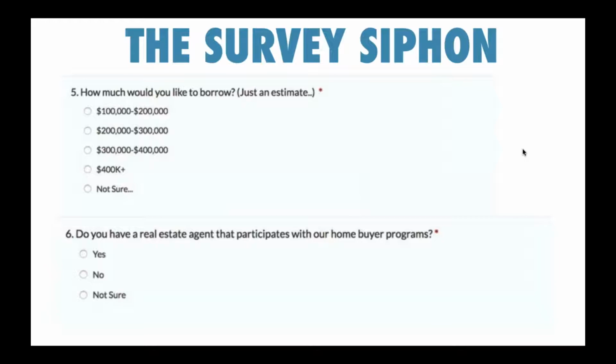We won't spend a whole lot of time on this, but when we have leads that come through our funnel that are currently working with a realtor, we'll immediately, when we get that lead on the phone, ask them who the realtor is. You'll say, okay, great, no problem. Go through the rest of the process with them, work to get the loan application going. But after we hang up, we'll then call that realtor and say, hey, Bob, just want to let you know I was on the phone today with your client so-and-so.